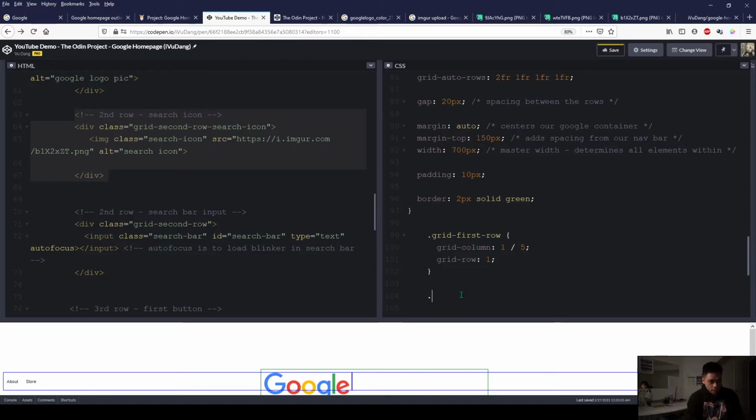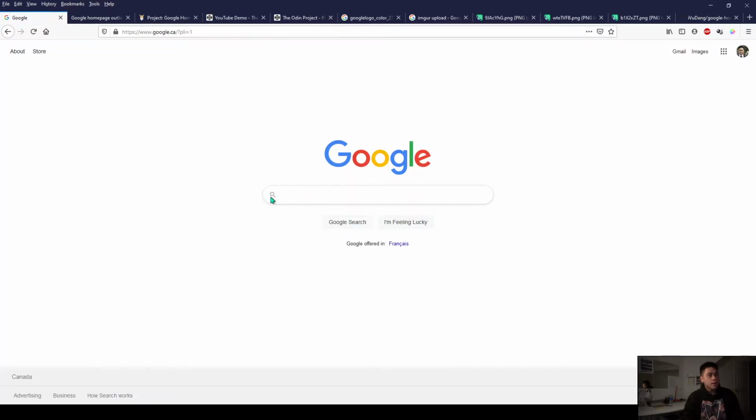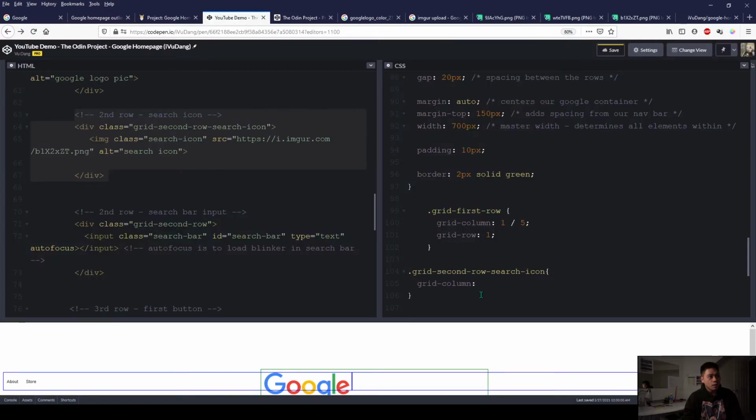And then the next thing we want to format is our second row search icon. Dot grid second row search icon, and then grid dash column. So in here we want the search icon. The icon is in the first column, so we'll put 1. And then grid dash row. This will be in the second row,